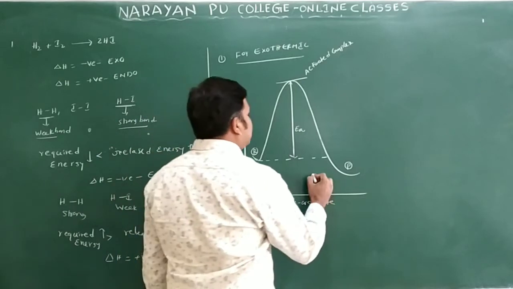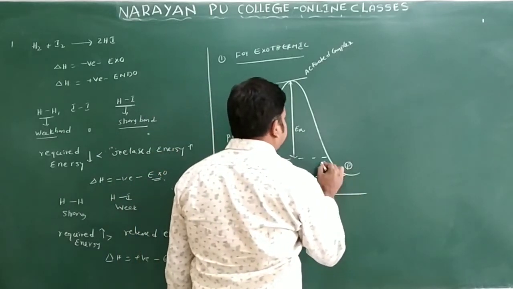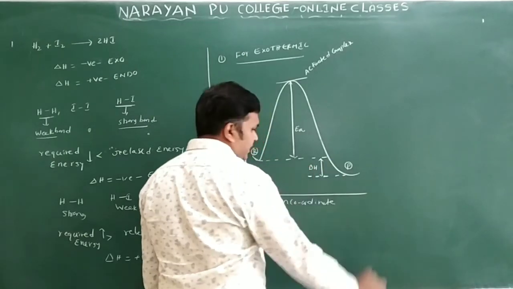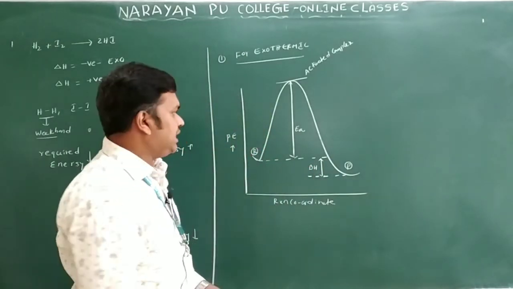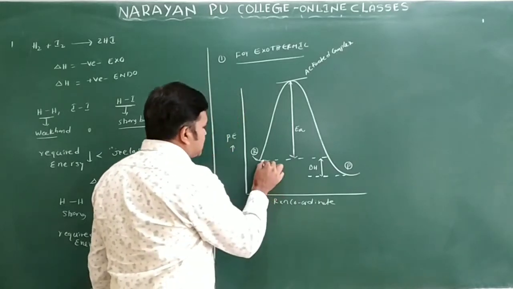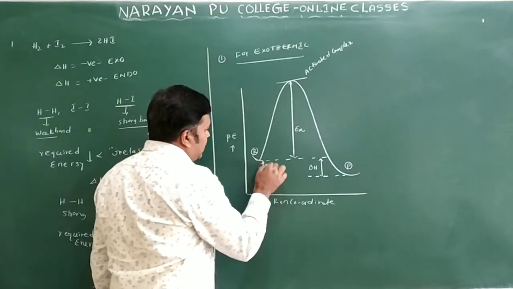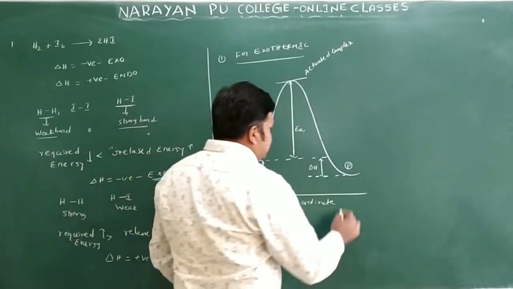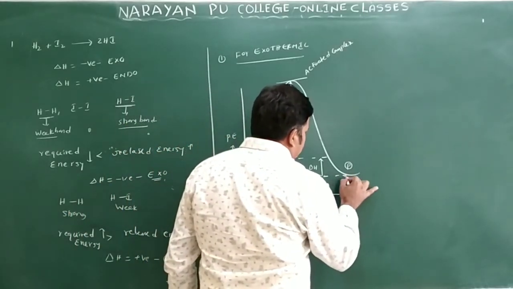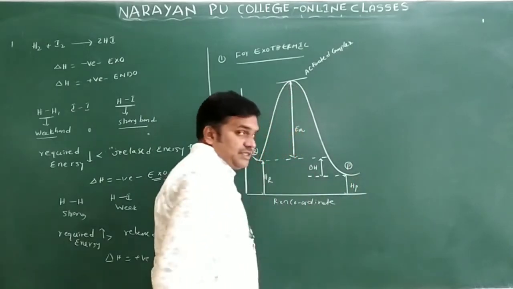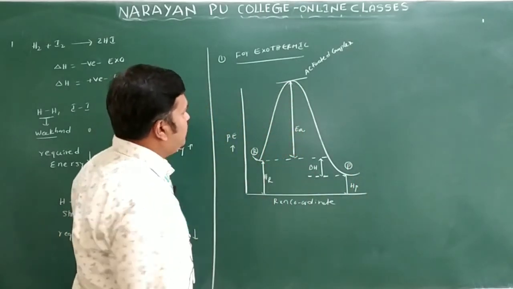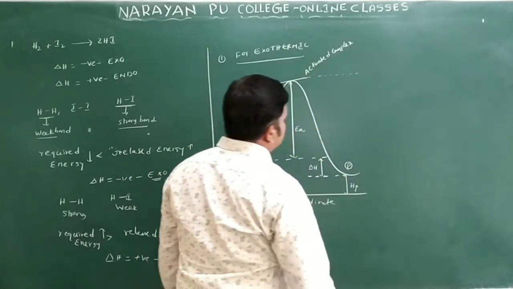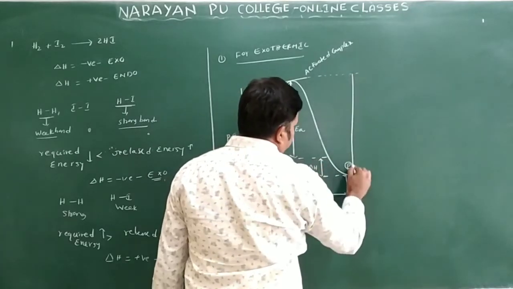Now we can take the difference between the energies of the reactants and products. We will write it as delta H. Okay. Now this is the enthalpy of the reactants, and this is the enthalpy of the products. Now you will see the difference from here to here. Clear? So I want to extend the dotted lines like this, so from here to here I am writing.